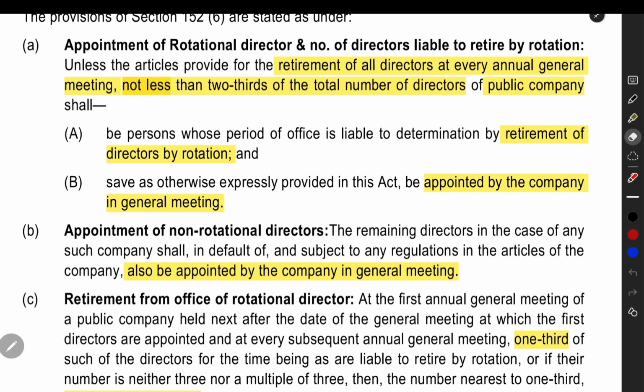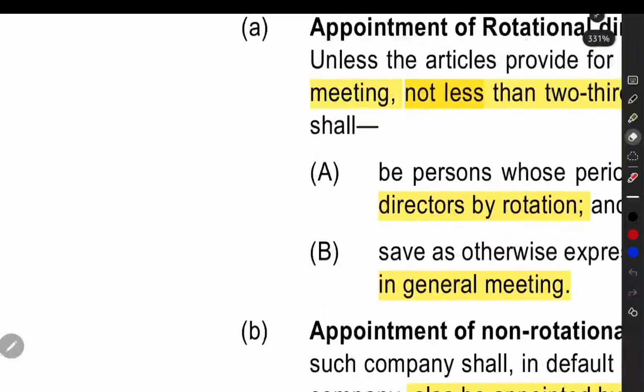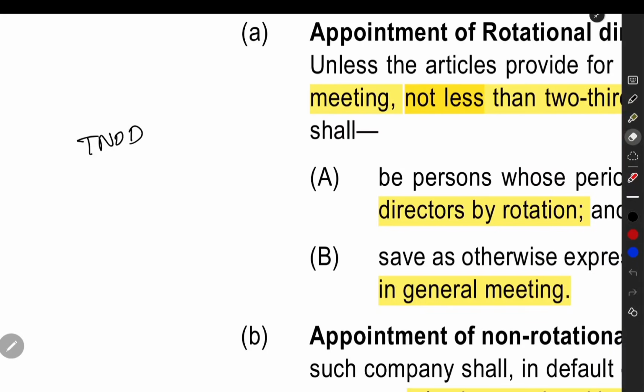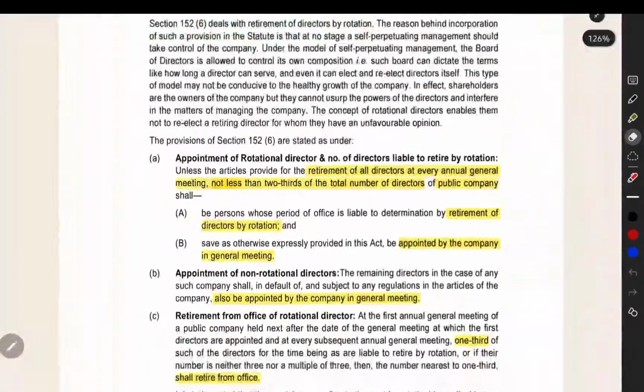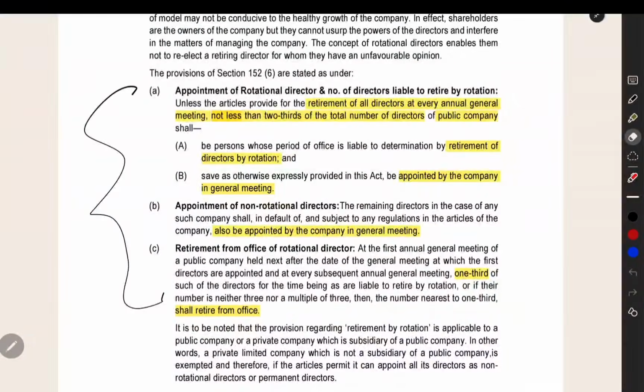Now for this we can see an example, and one more point which we need to know is that in the total number of directors, some directors will not be included. For example, out of the total number of directors you have, the independent directors will not be included, and then the nominee director will not be included. These two will not be included in the total number of directors. This provision is also given here. You can read it, and then you have to highlight the important points also.